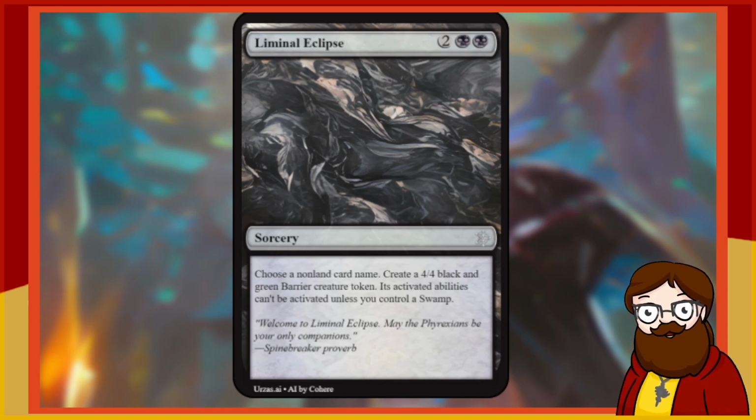Create a 4/4 black and green barrier. I kind of like barrier as a creature. The thing is that tokens, if they're not given a name, if it's not like create a token that's named, it means their name is barrier and also their creature type is barrier. Which is ridiculous because wall is already a creature type. There doesn't need to be both barrier and wall, which is excellent. And then its activated abilities can't be activated unless you control a swamp. I suppose if barrier was like a predefined token, which obviously it's not, but if it were,